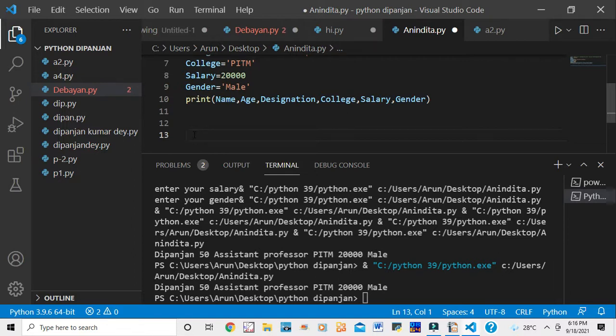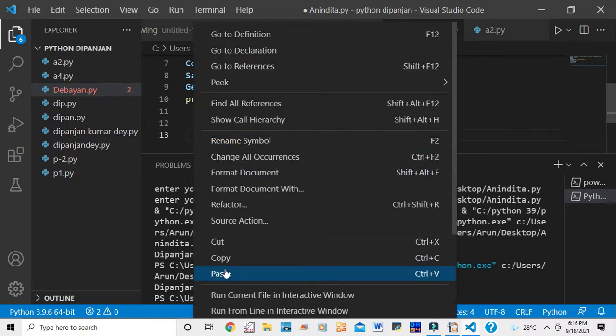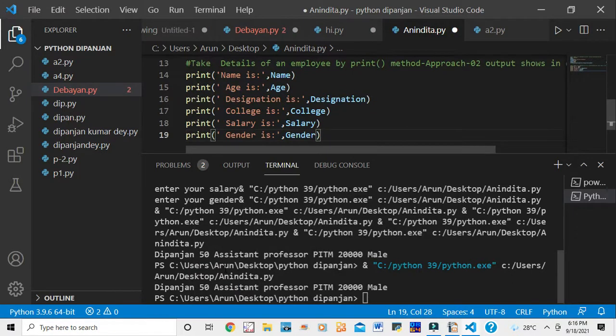I paste this by right click, or you can do Ctrl+V. Take the details of an employee by print method approach, and the output will show in different lines. This is already saved in anindita.py.